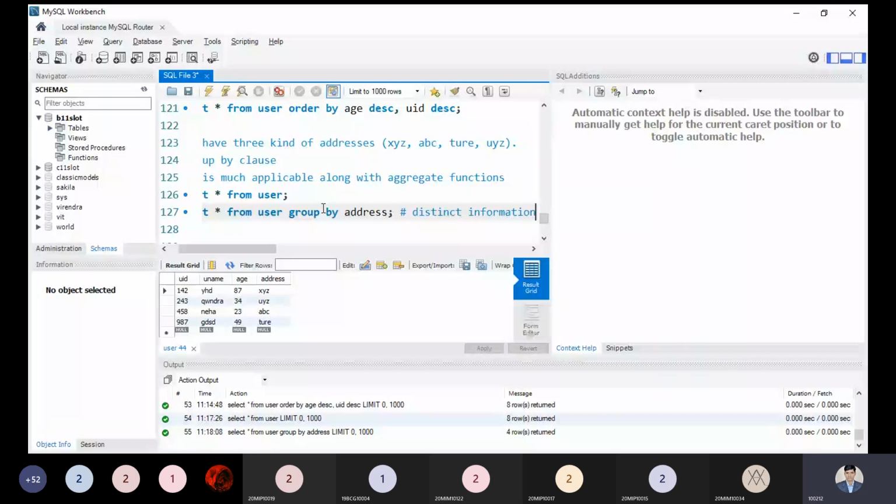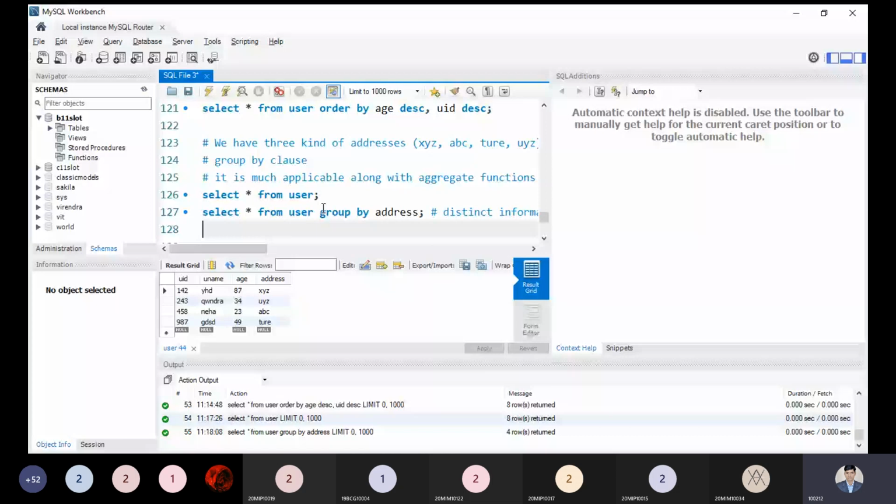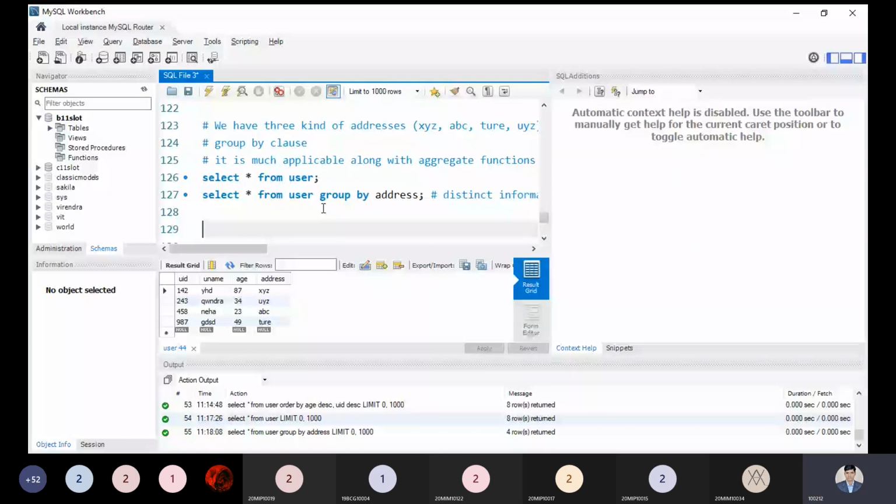So what is my query? Now my query is that I need to find the minimum age of the user from XYZ. This will help, just like this one.